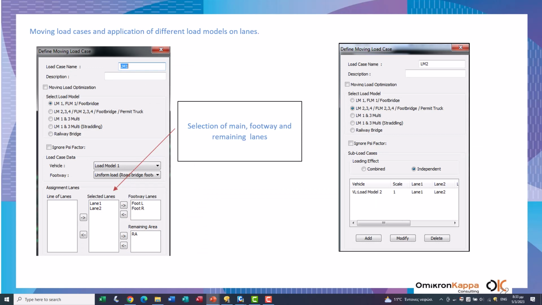Lots of vehicles, according to several codes, can be applied, and the vehicles are automatically placed to give maximum or minimum forces on the elements. Here, according to what lanes we have defined, the loads are moving on these lanes, LM1, and the footway, and the remaining area is applied for the remaining load.